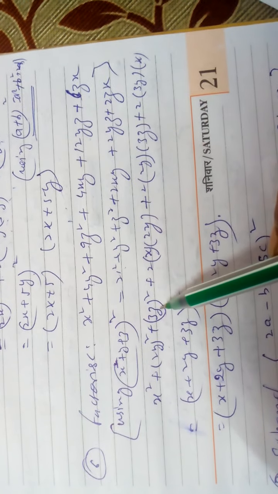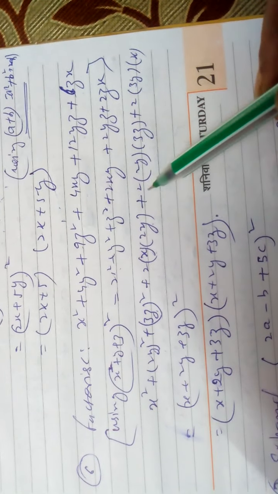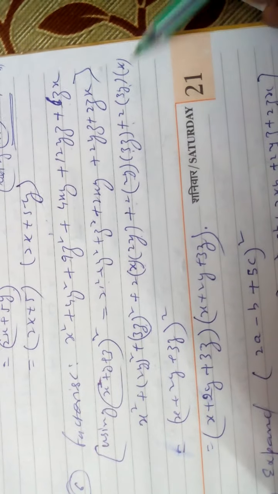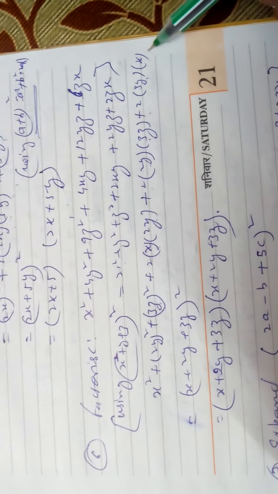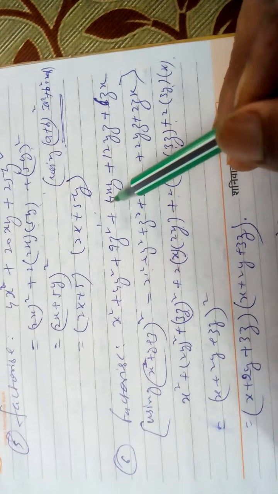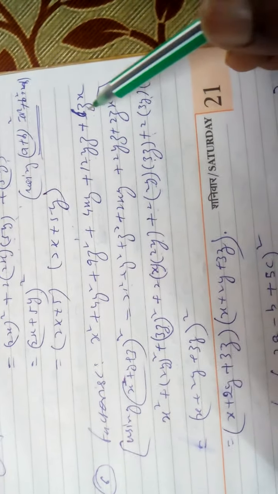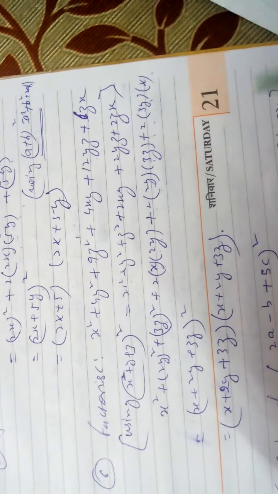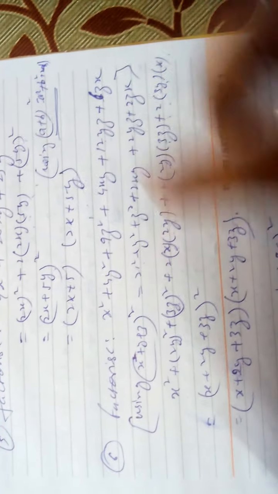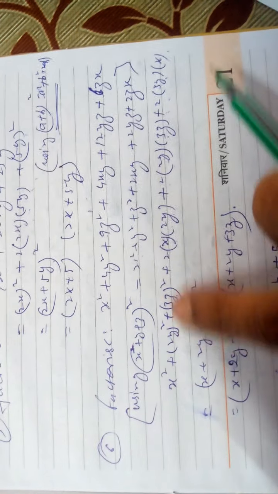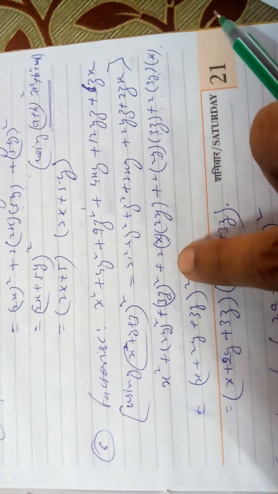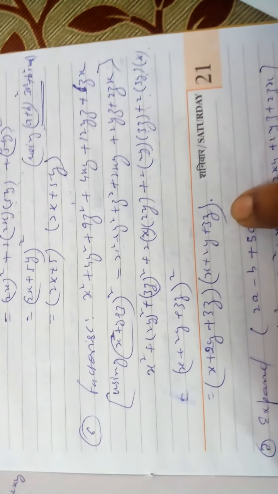A, B, C you know. Now plus 2 into a into b plus 2 into b into c plus 2 into c into a. And you can check: 2 into 2 is 4 you are getting here, 3 into 2 is 6, 2 into 6 is 12 you are getting here, and 6 you are getting here. No need to write this again like this. Here you have written a, b, c, so (a plus b plus c) whole square, and write it in two brackets.